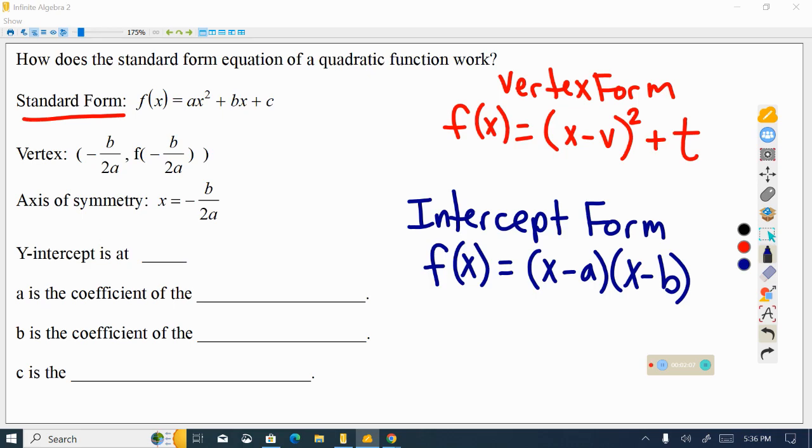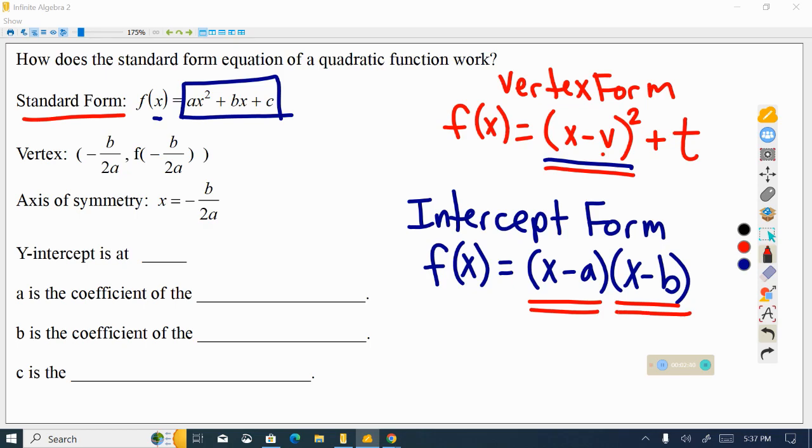Now we're looking at standard form, and you might notice that this form has no parentheses in this expression over here, right? Vertex form has 1 set of parentheses, whereas intercept form has 2 sets of parentheses. So I've been trying to think of a way to make sure that we didn't confuse the process, and that's when I realized that if it has 1 set of parentheses, then we change the 1 number in the parentheses. And when it has 2 sets of parentheses, we change the sign of both the numbers that are in the parentheses. In this case, when it doesn't have a set of parentheses, then we are not going to change